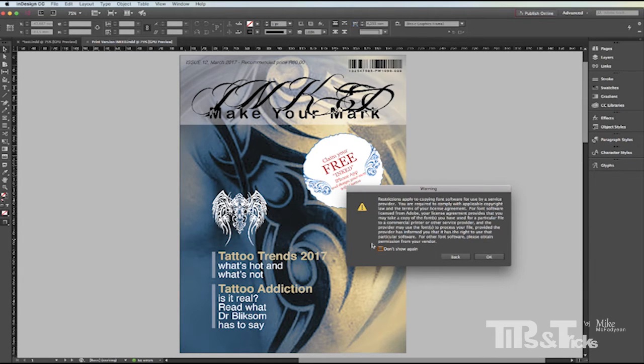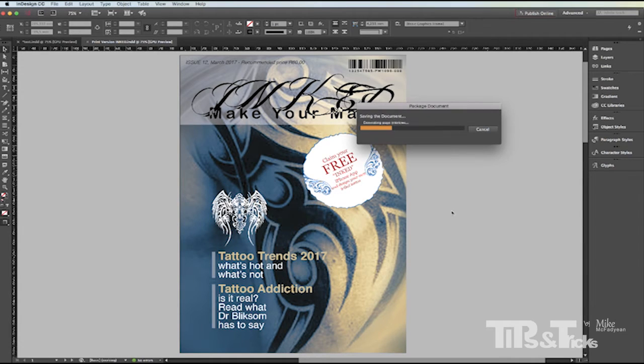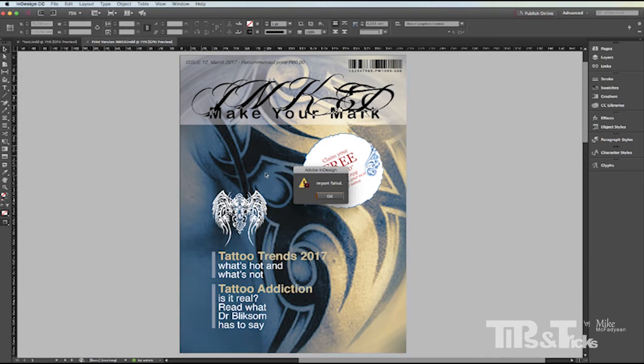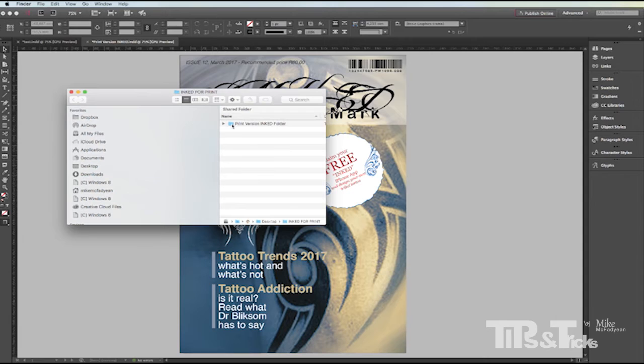Press Package. I get a little font warning that I need to make sure my fonts are licensed. Press OK, and it packages everything. So if I now bring that folder in here, you'll see that there's a folder. When I go inside there, there's fonts, any fonts that I've used, and links, any links that I've used, and my InDesign file and my IDML file for backward compatibility. So everything's packaged nicely. So if I take this folder to another computer and open up this document in InDesign,